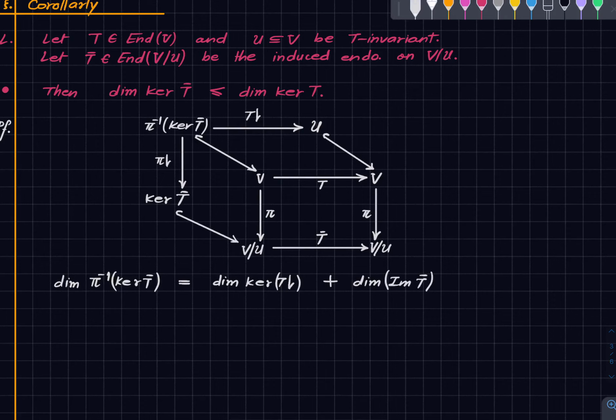But we know the dimension of the left-hand side. The dimension of the left-hand side is the dimension of the kernel of T bar plus the dimension of U. That is what we did in the previous page. Right? But this is less than or equal to